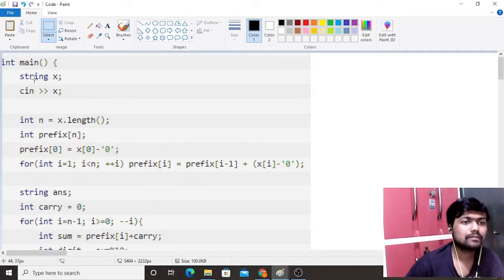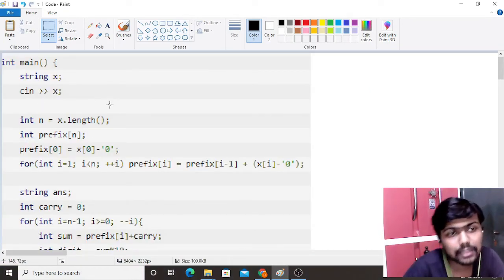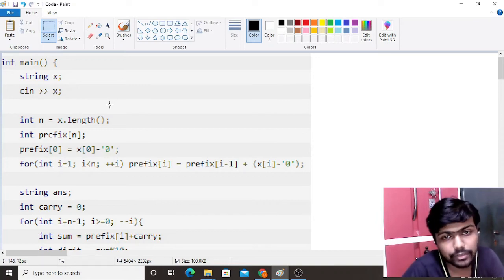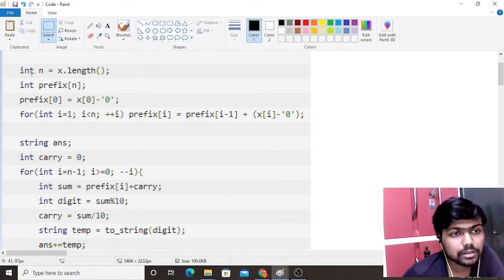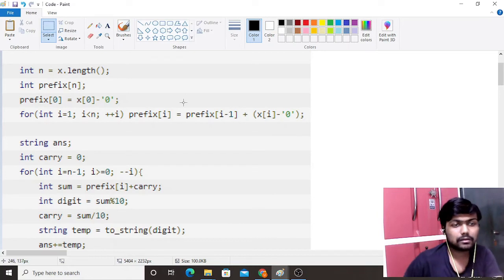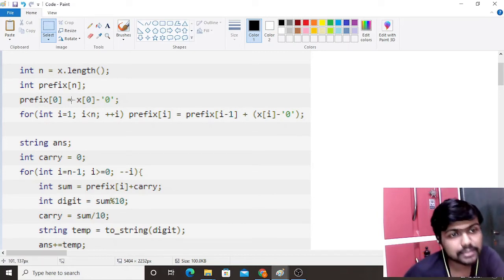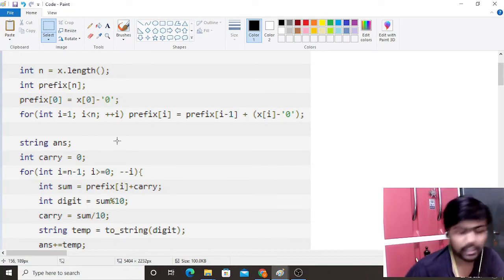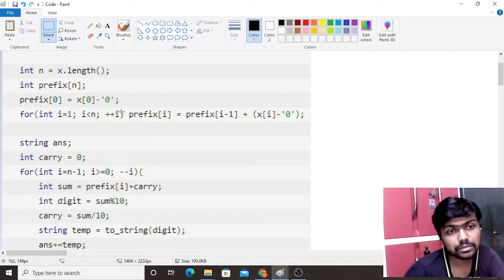First of all, we have taken x as a string, and we are getting the input. We have taken the variable n for the length of x, and then we are creating the prefix array. The first value of the prefix array, as we know, is the first digit, the digit at position x0,